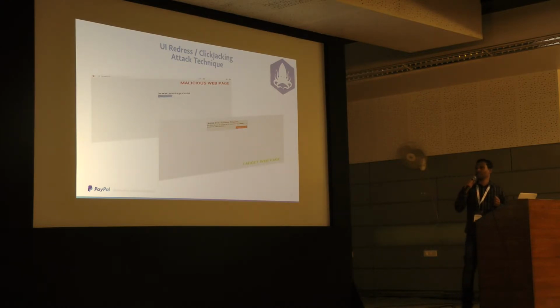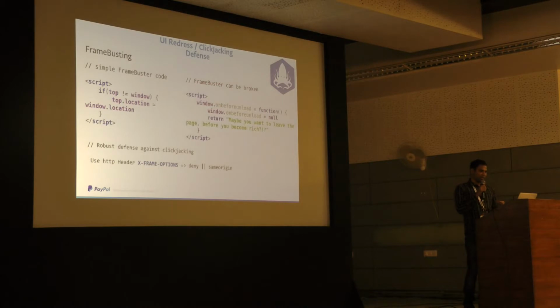So here if you see what is happening is the attacker is hijacking the click event which is meant for his site and then targeting it to the application which is vulnerable to clickjacking. So how do we defend clickjacking? Right? So in the initial days of clickjacking, we had only one solution, which is frame busting. So this technique involves identifying if your page is being loaded inside an iframe, and if it is loaded inside an iframe, you just bust out of the iframe and load your page in the full browser. So the code on the left side shows the sample code to determine if your page is being iframed.